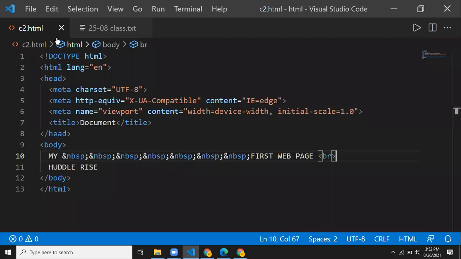Okay, like that. So generally what is going to happen is your browsers will be ignoring the new line characters, and extra spaces are going to be ignored by the browser for us. If you want the new line to be added, then you have to use HTML tags like BR. Clear? Now you understood the NBSP part there. Okay, fine.